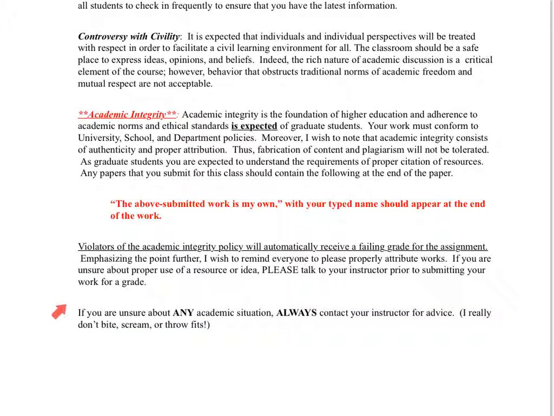As I said, this is something that I'm very, very passionate about. I want you to understand that academic work needs to be your own. You are doing it, you need to get the grade for yourself. So if you're using someone else's work, obviously, I would give them a grade. I wouldn't want to give it to you. So make sure that the grades you earn are the grades that you've worked hard for.